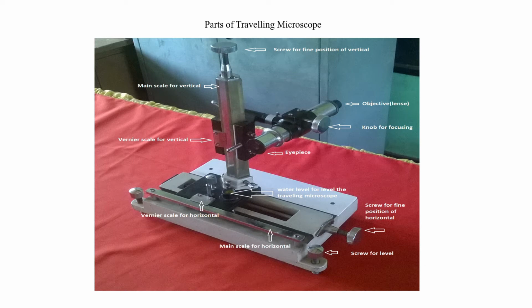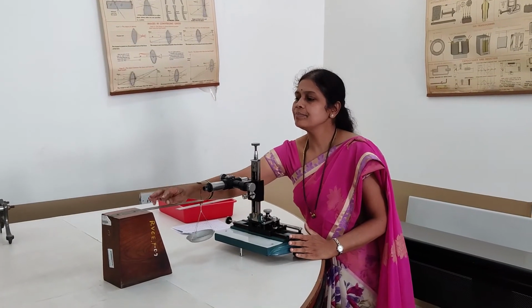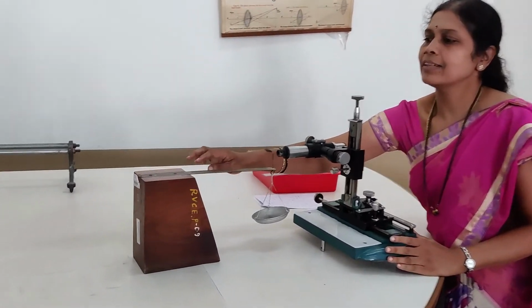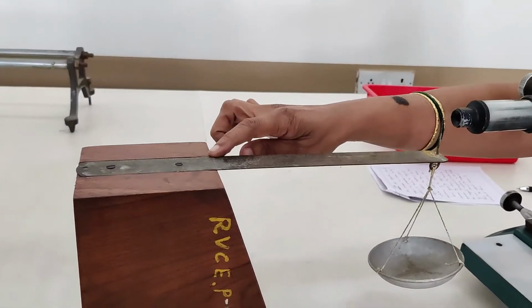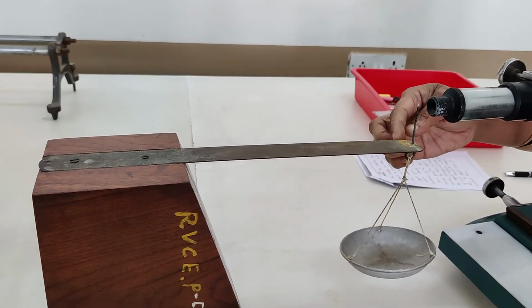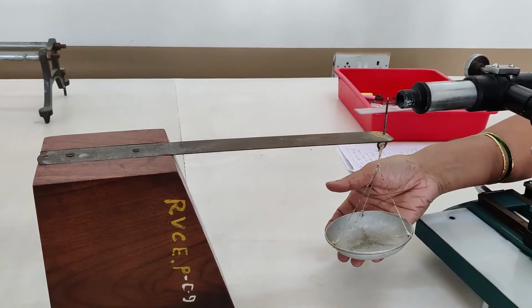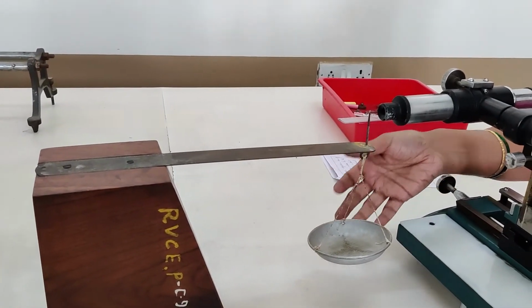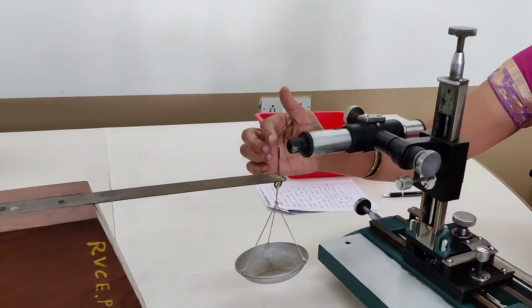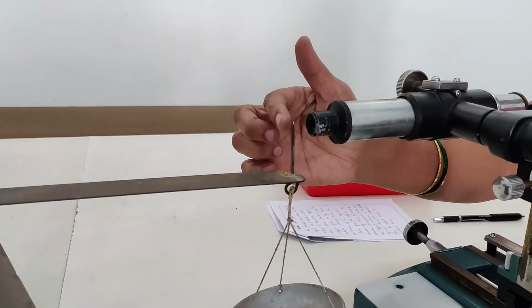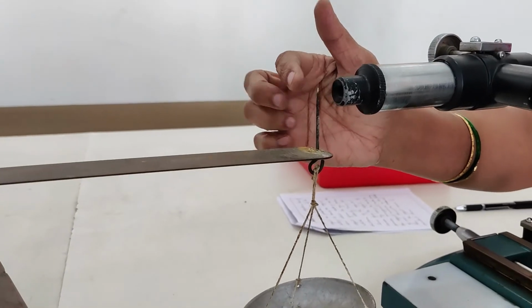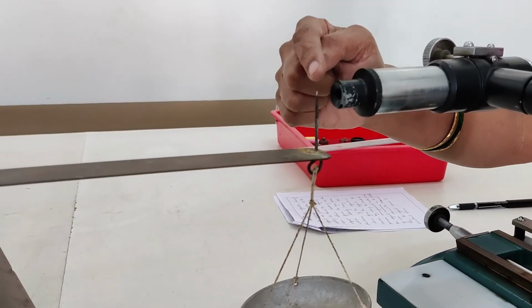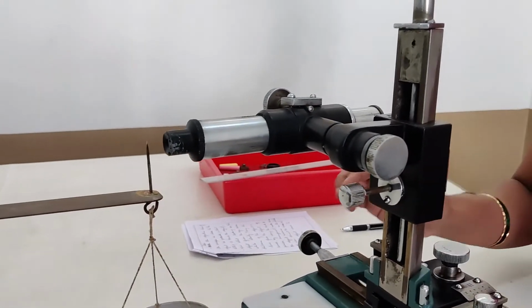Now the next part is the focusing of the object using the travelling microscope. I have shown you in the diagram, this is the single cantilever. The beam which is fixed at one end and the other end is let free. This is the weight hanger wherein you are introducing the load and you are studying the depression. Now, the object that is showing you the level of depression will be the needle. So, we are focusing the tip of the needle using the travelling microscope.